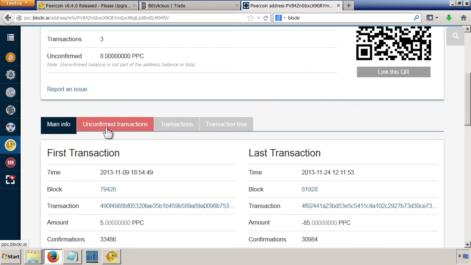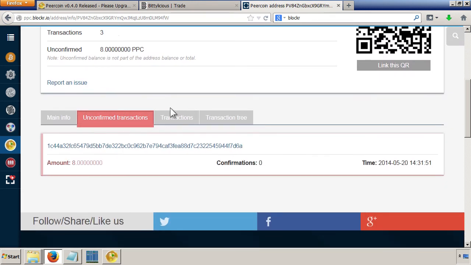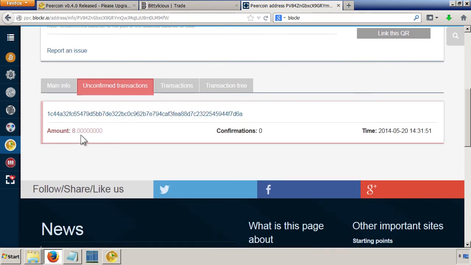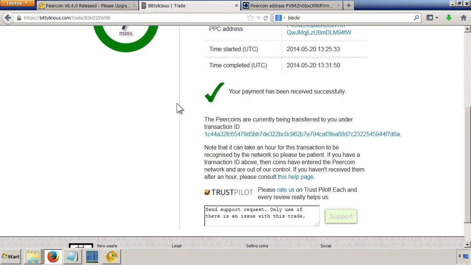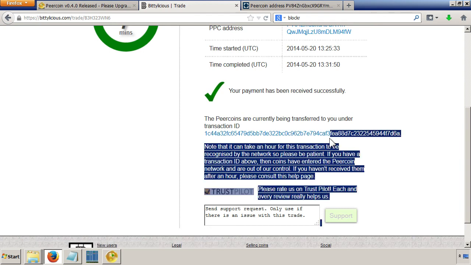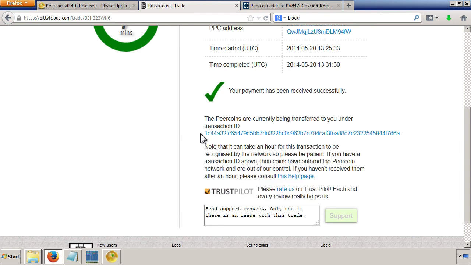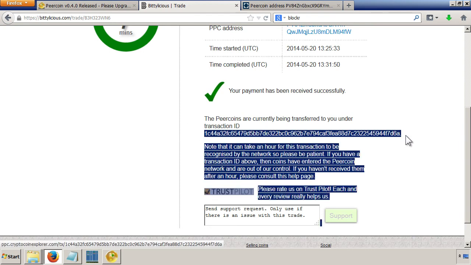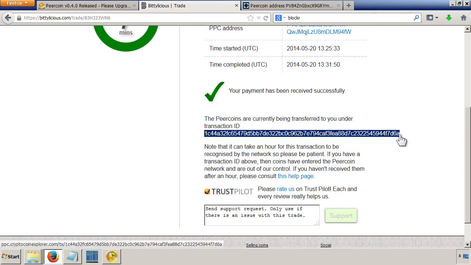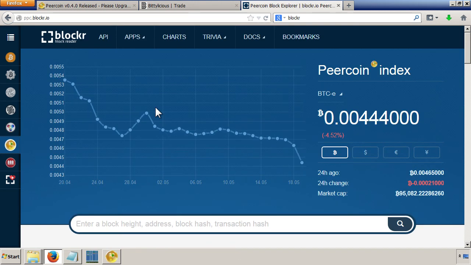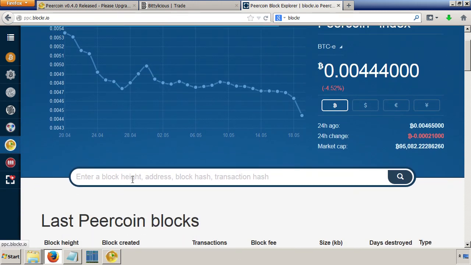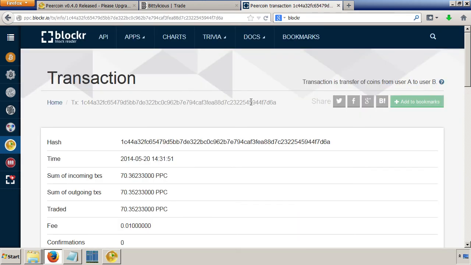There's now a section called unconfirmed transactions, and you'll see that's the transaction for 8 Peercoins that is being sent by Bitilicious. In fact, you've got the ID here, so you could just directly copy that, and you can put it directly in Blockr under Peercoin, and then put the transaction there.